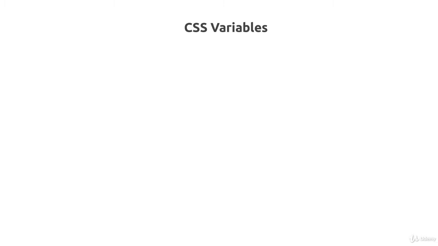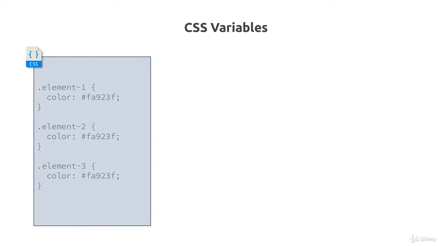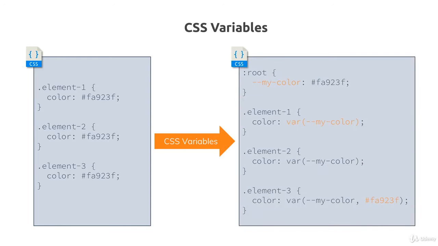Speaking of modern features, here is one we'll actually use in our course project: CSS variables. Now, what does this mean? Consider this case. We got CSS code where we got different selectors, and let's say they share some common functionality, like a color which you reuse. This could also be some unit though. This could be something like one rem which you use again and again. CSS variables are a relatively new feature which allow you to put that reused value into a variable which you define with this strange looking syntax